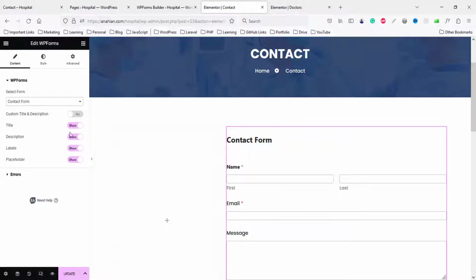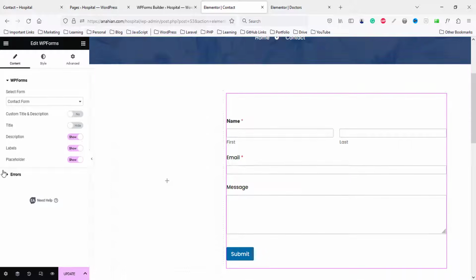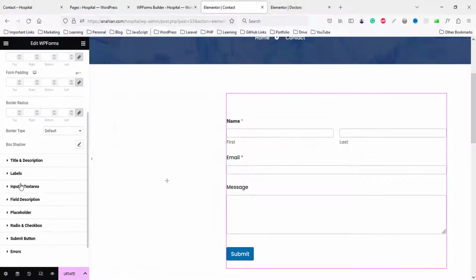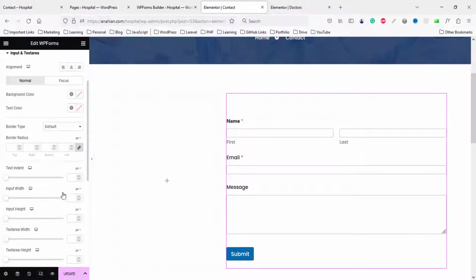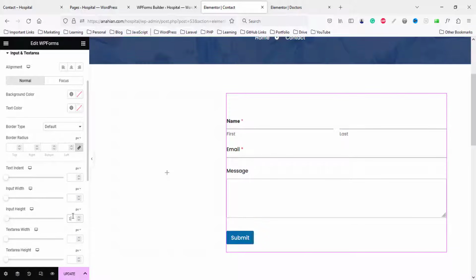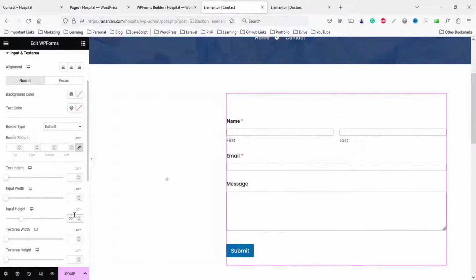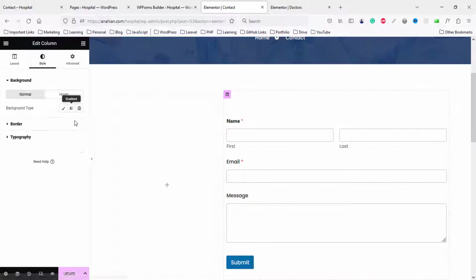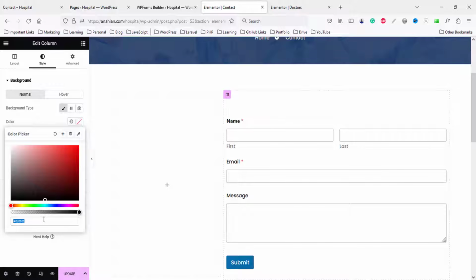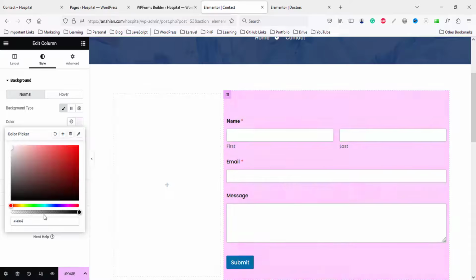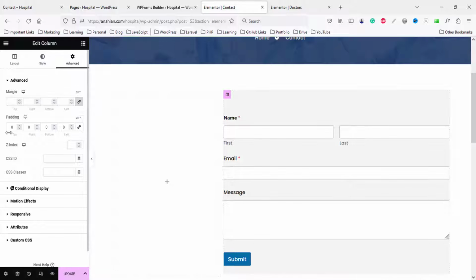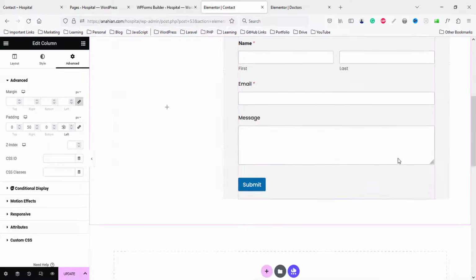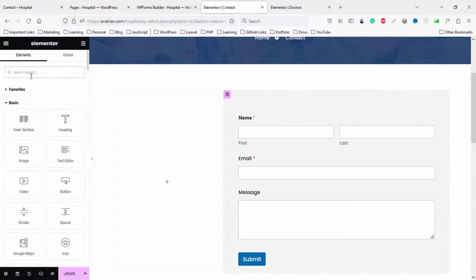Okay, so title we don't need here. Go to style part, and here input and text area we can use height, input height like 110 pixel, or increase more like 40 pixel, that's fine. Select column, style, choose color like color hash F4F4F4. Okay, go to advanced, select padding like left 50, right 50, that's fine. So this part done, and here we can choose here icon box,